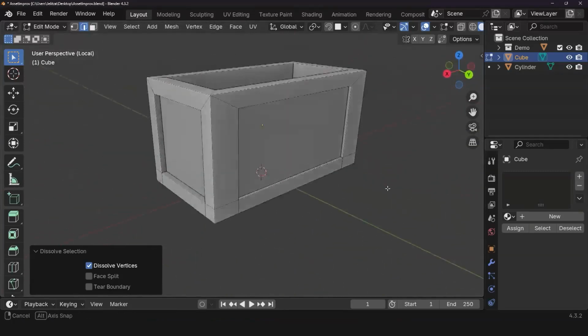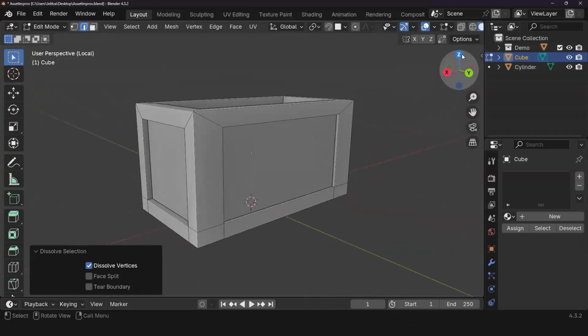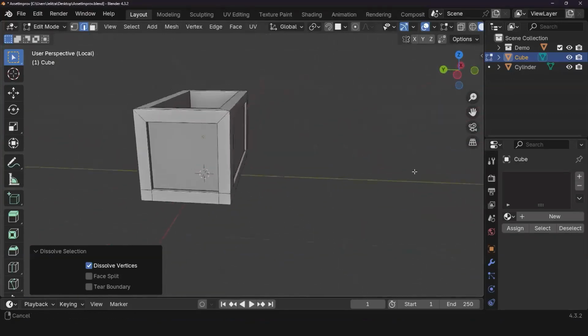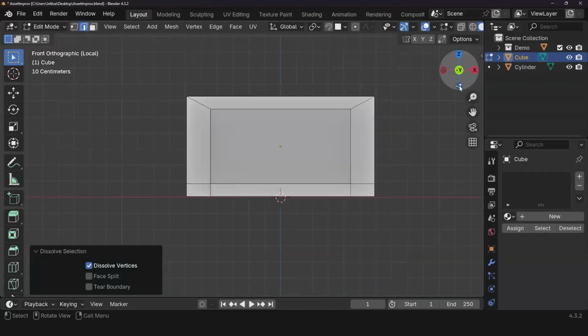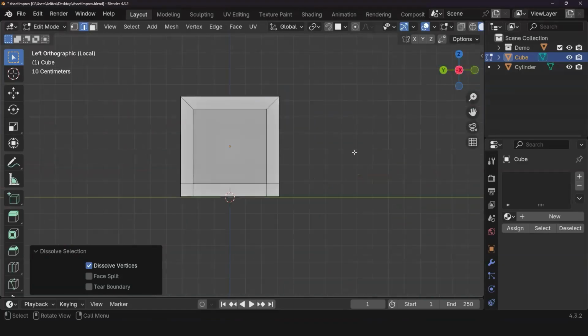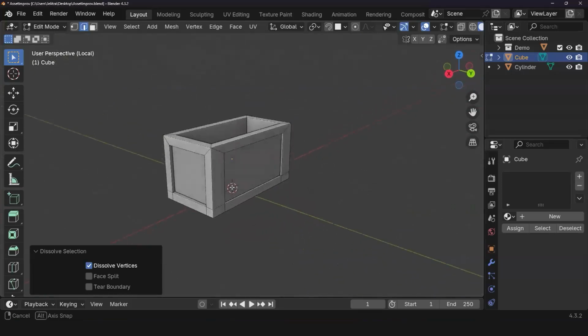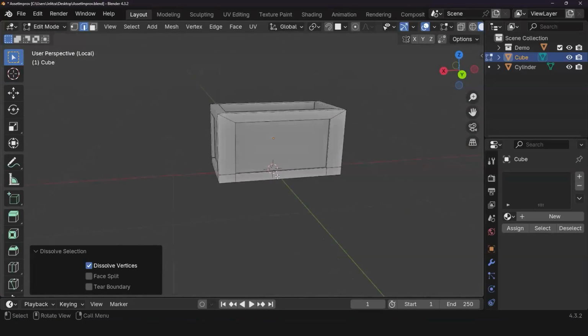So definitely be mindful of this guy. This solid Z should always be at the top. That's Z positive, and all these others are negative. So this would be Y negative, this would be Z negative, X negative, and so on. It's really important to get a handle on your direction.